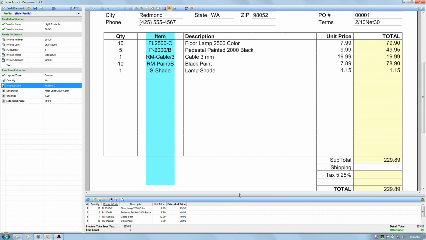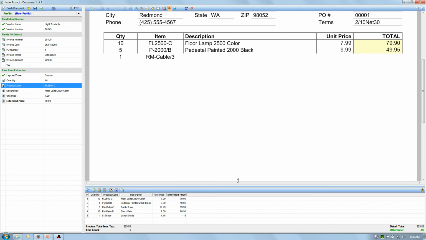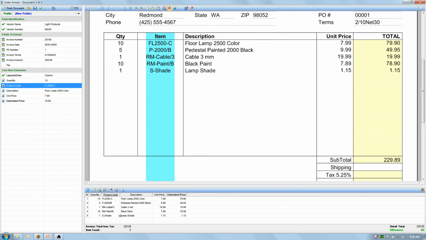And what I can see down here at the bottom, if I make this a little bit bigger up here, pull that up a little bit, you can see that it grabbed 5 different line items out of this invoice, and then we can do a validation check when we extract that line item information, where I take the invoice total less tax and shipping and those types of things and compare that to the sum of all the detail items as I see over here on the bottom right, and I show a green difference of $0, so I know